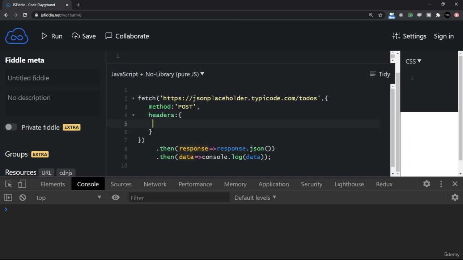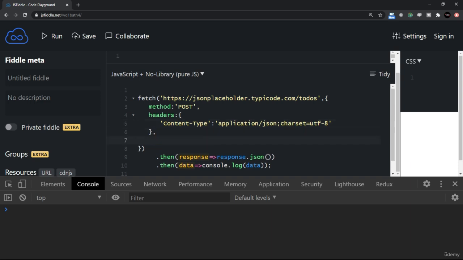Now I'm going to send the JSON data here. So I'll say content-type. What is going to be the content type? It's going to be application/json, and the character set is going to be UTF-8. That's it. And the next thing, I'm going to set the body, where I'll say JSON.stringify, and